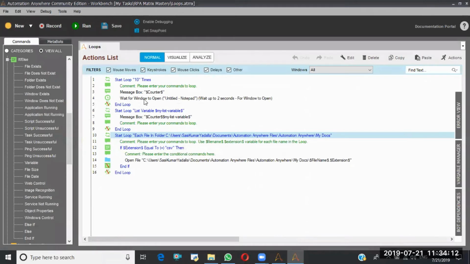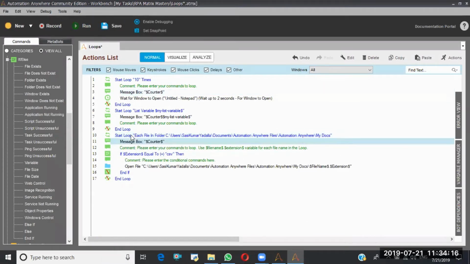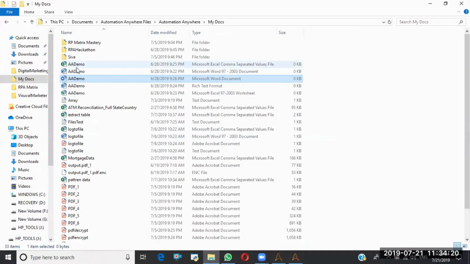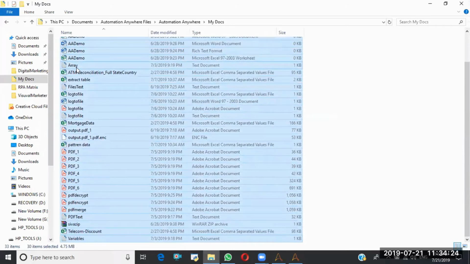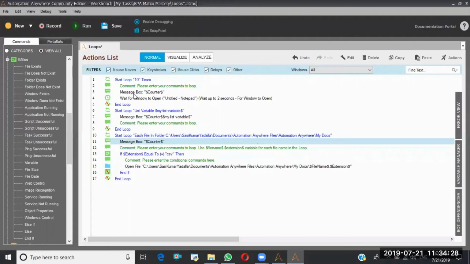I'll show you the proof as well. Control V, paste. Here how many files do we have? 33 items, right? So it should iterate 33 times.